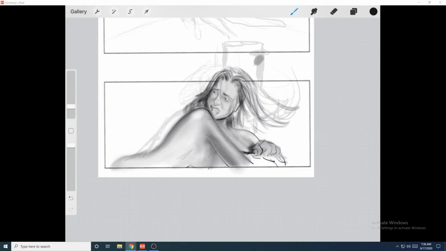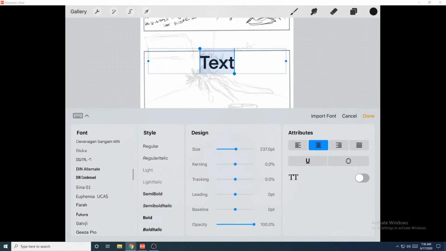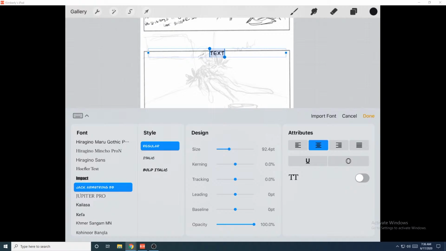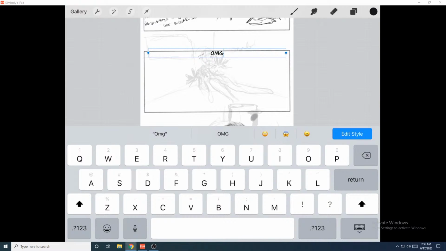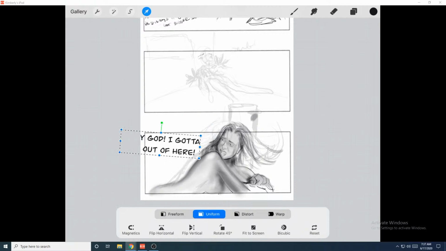Okay. So let's see. We'll throw some text in there. Bring this down. Okay. And then, crap, 3 minutes. All right, you guys. I gotta get out of here too. So,